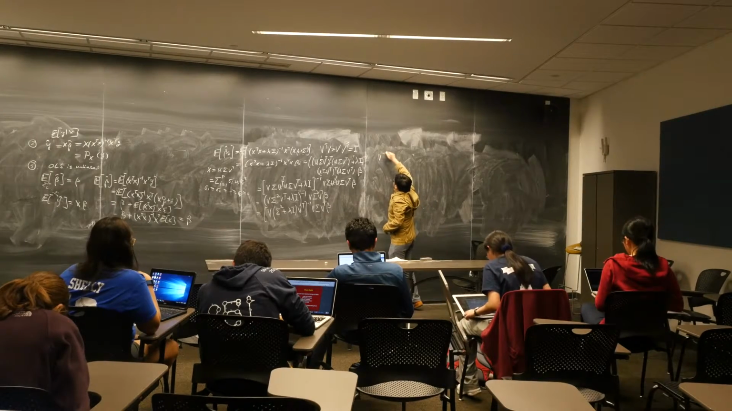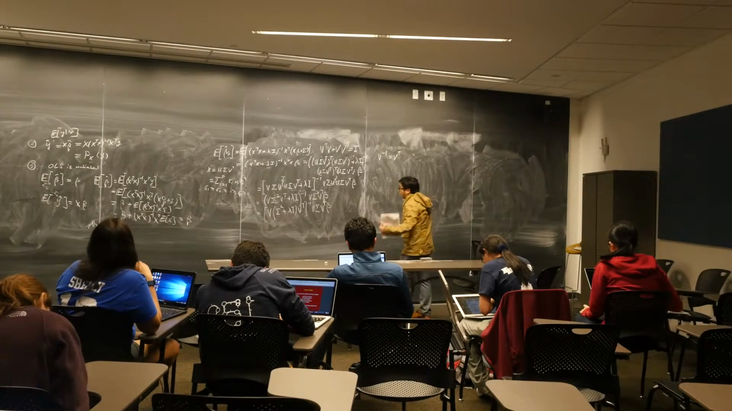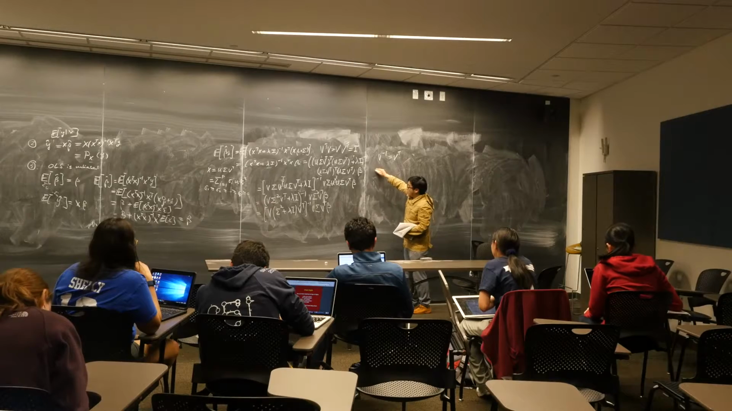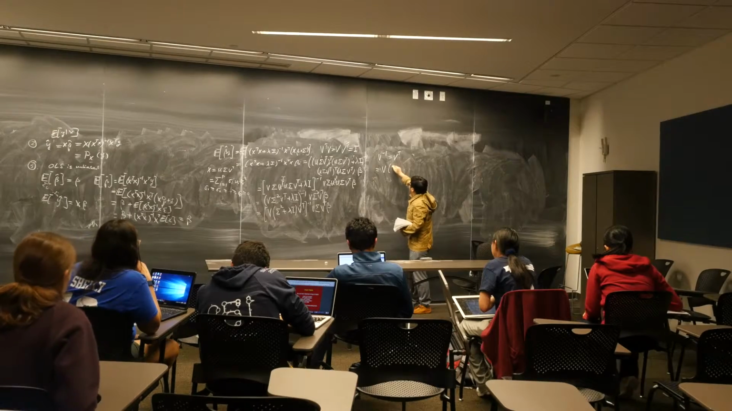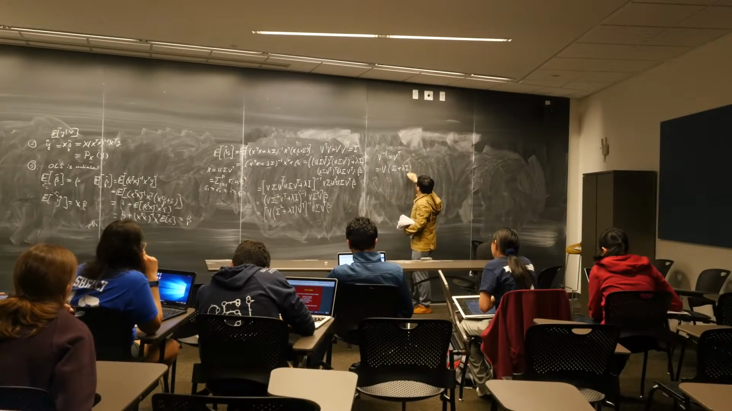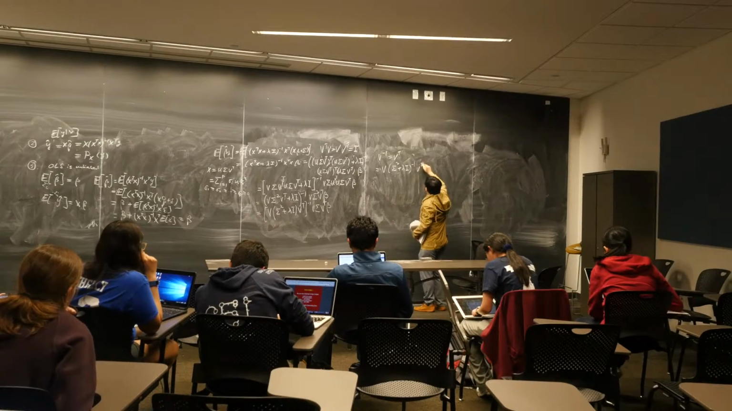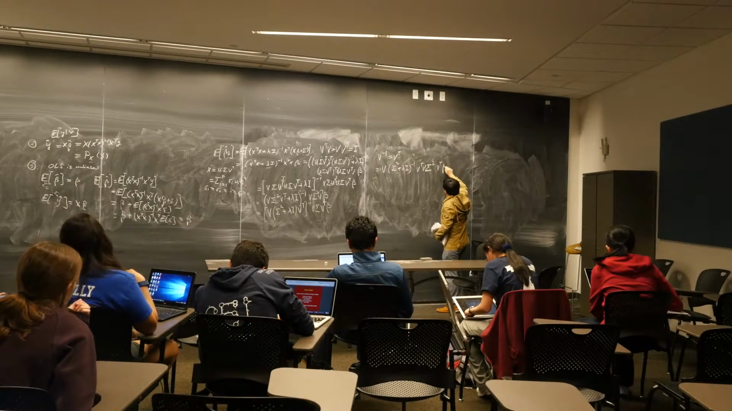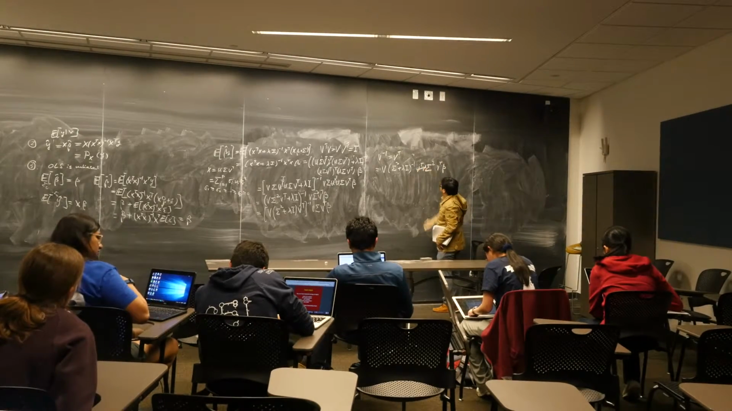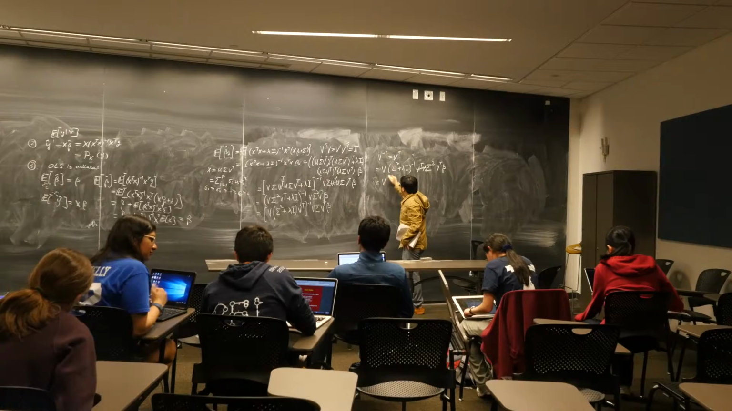Because V inverse is V transpose, because V is orthogonal, this term becomes, again, V transpose V equals identity. So what I get is V